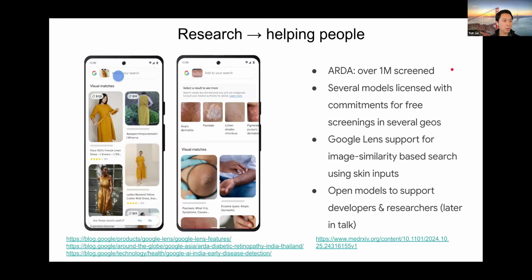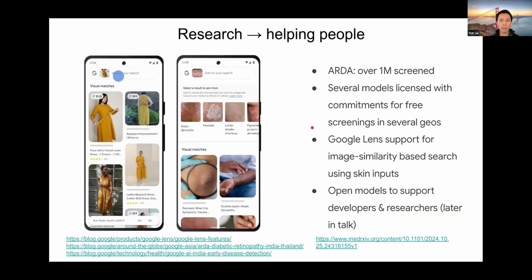And so I think what that made us think really hard about is just, really inject a degree of humbleness to what we're able to do. And this took many, many years. And so for some of these things, we also worked with partners, recognizing that the partners are the ones that will understand their local jurisdiction and how to get things out the best. And for some of these, we've then licensed the models to the partners, and secured some commitments for them to proceed towards free screenings in their respective areas.